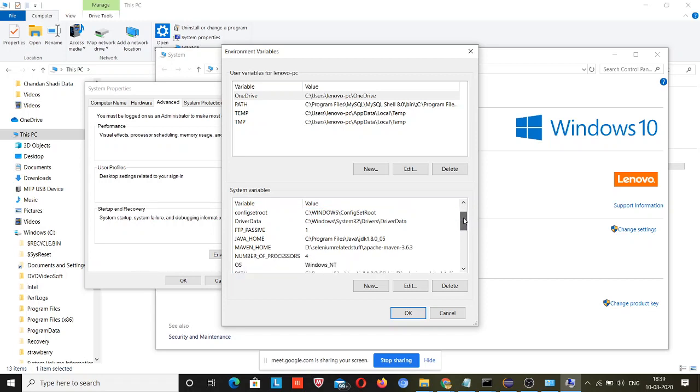Some people make some mistakes, so those guys can do one more thing. If this process is not working for you, just copy the path till JDK.